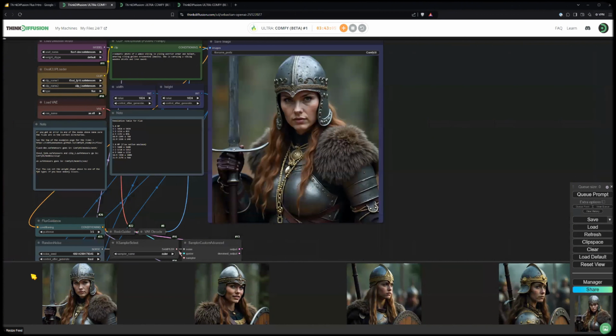I also, as you can see, have some previous generations down here. I have not cherry picked these at all, actually. I just generated a bunch, hoped for the best, and left it here. And that's kind of what's cool about Flux, right? If you do this with previous versions like Stable Diffusion 1.5, it's the needle in a haystack kind of thing. You do a lot of generations, you find the one you want, you keep working with that. And with Flux, you get good stuff very, very quickly, which is very, very powerful.